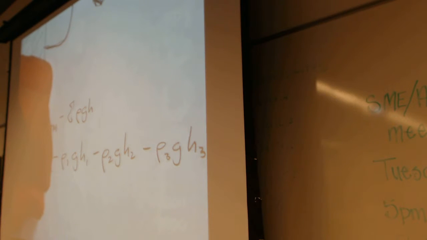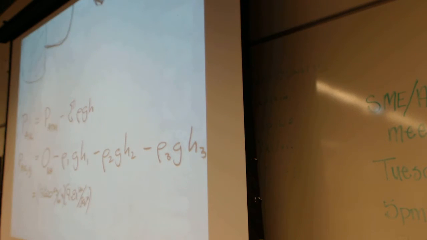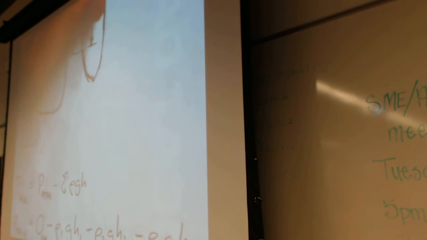And the first thing was mercury, and that's 13,600 kilograms per meter cubed is the density. 9.81 meters per second squared is gravity, and the height, it's measured